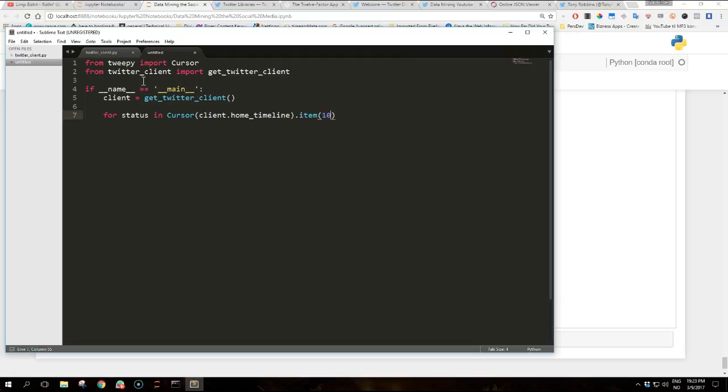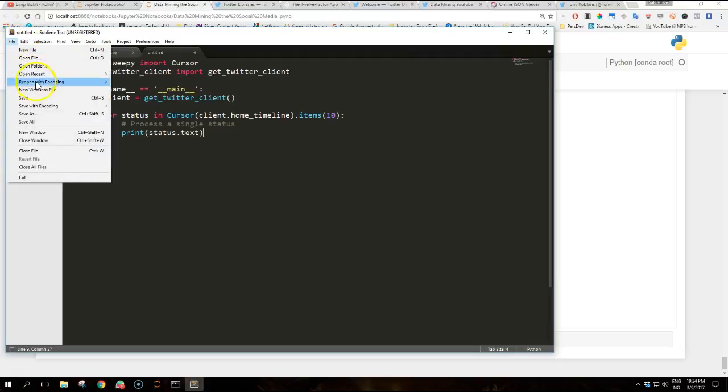Get the first 10 items. Just for understanding, I'm going to write that we are processing a single status. Okay, this should look good. Let's save this file